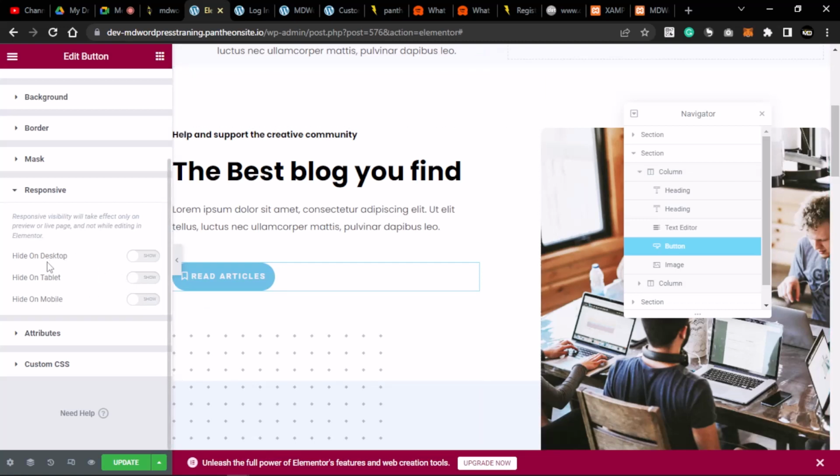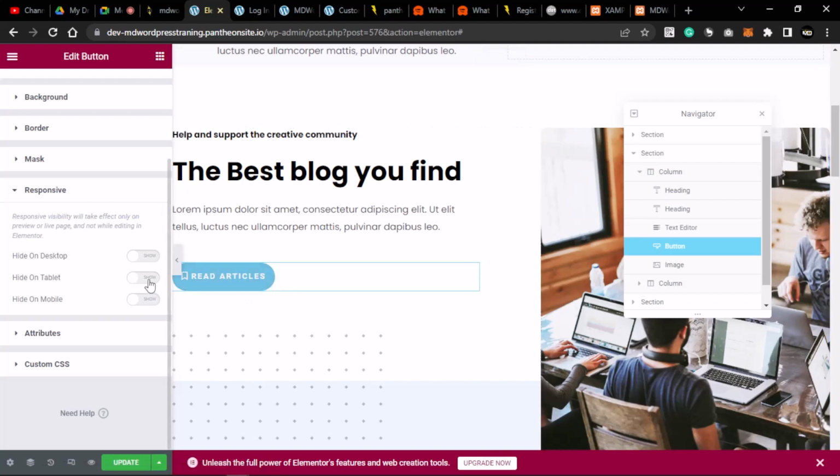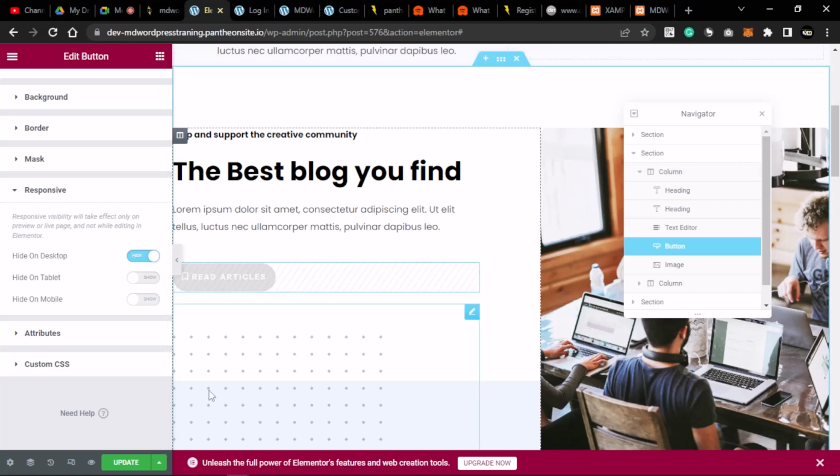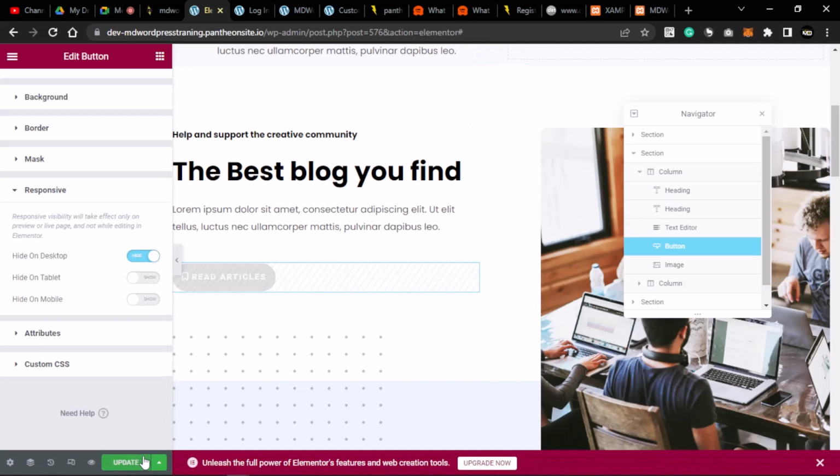Number 1, we have the desktop, we have the tablet, and we have the mobile. So that means I may want to hide this button when it's appearing on the tablet or on the mobile, or when it appears on the desktop. So you can set the element that you want to show on the desktop, or the one you want to show on the tablet, or the one you want to show on the mobile. So that means I'm hiding this on the desktop. That is, if let's say I click on this update, I won't see